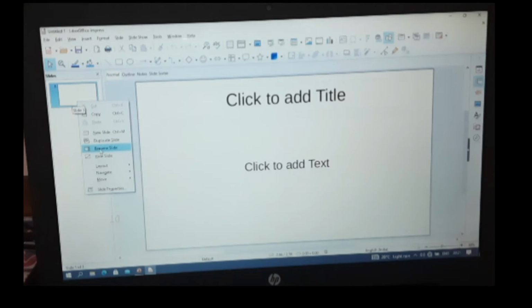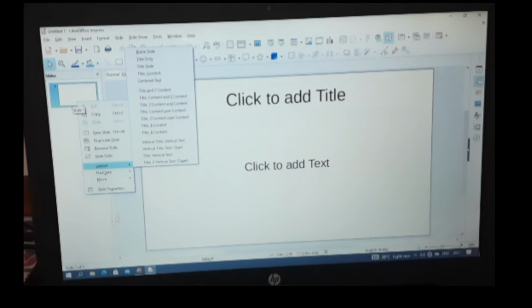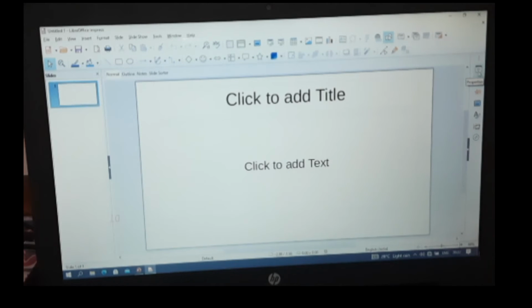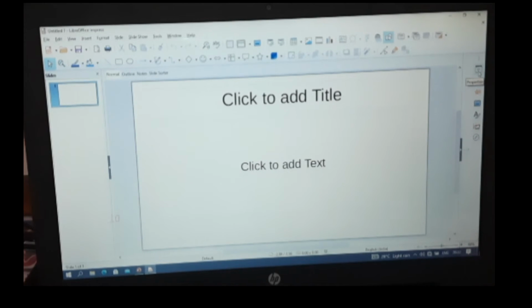Rename, we can rename the slide, hide the slide, and the different slide properties also we can set. And this side, the properties window, this is the sidebar. Here, this is the properties icon. If I click here,